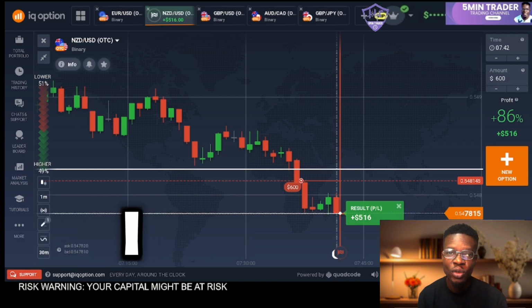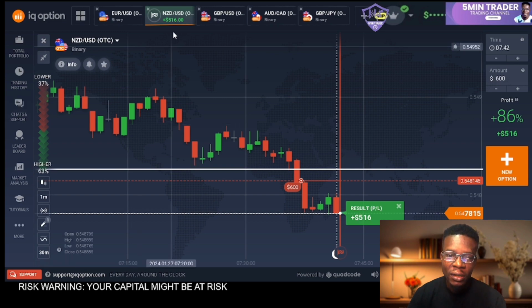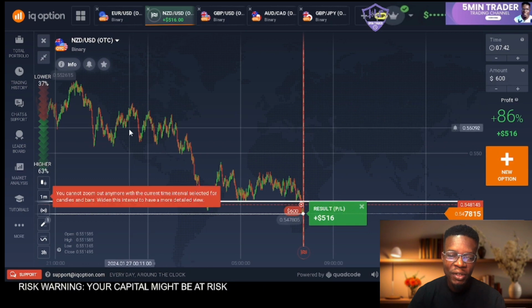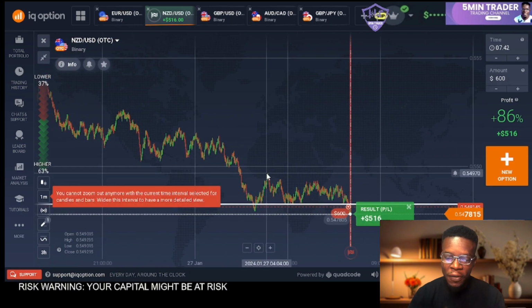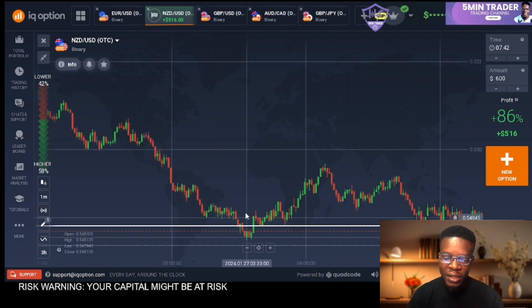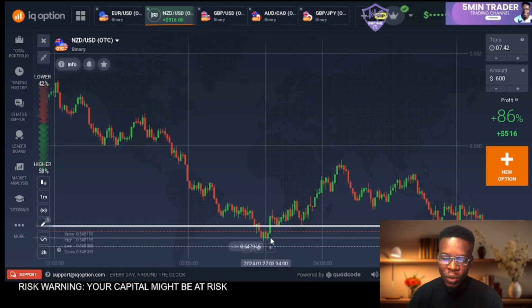Now let me explain why I took this very trade. Please pay good attention to my explanation so you can learn what is important here and also apply when you want to trade. So we are trading the New Zealand dollar US dollar pair, and you can see clearly that this is a very strong downtrend. Now if we are having a downtrend, we want to wait for some pullbacks to be able to spot trading opportunities, right? Now we had a low, as you can see on this level, we had a low here,